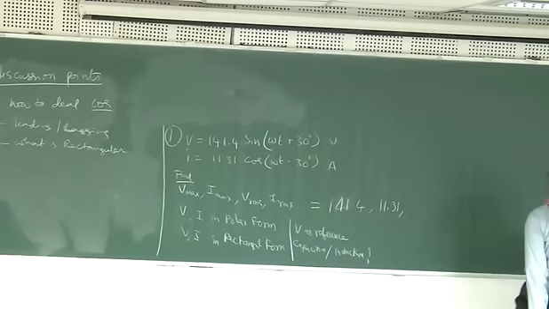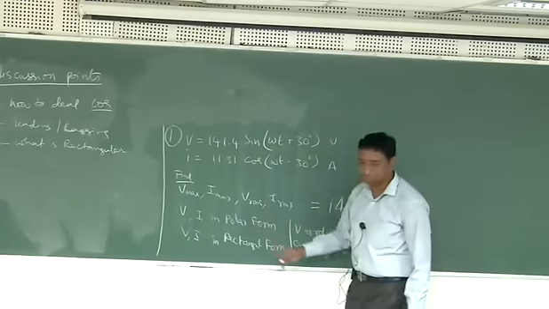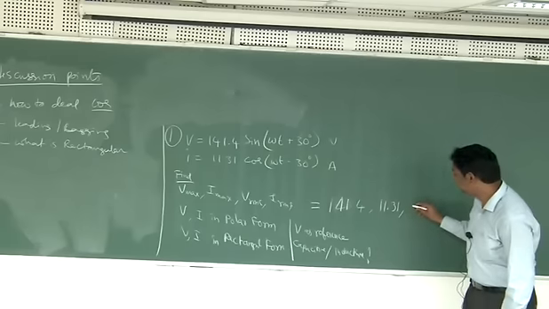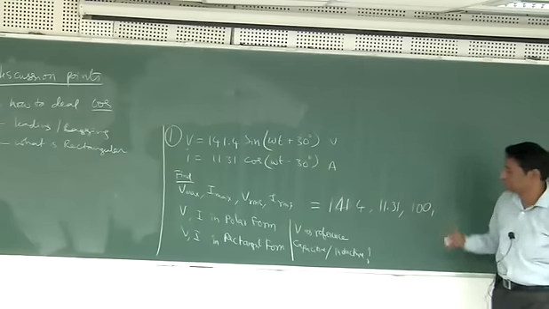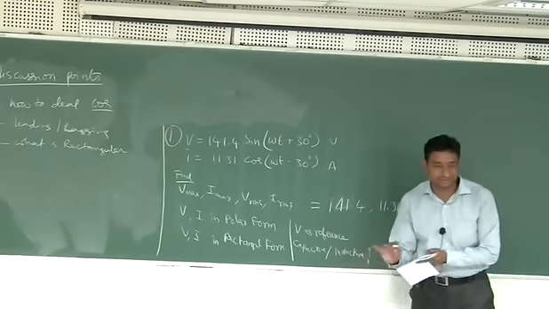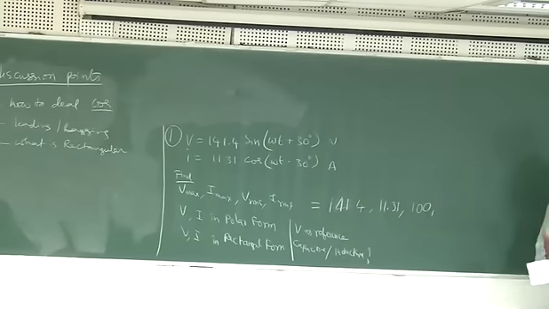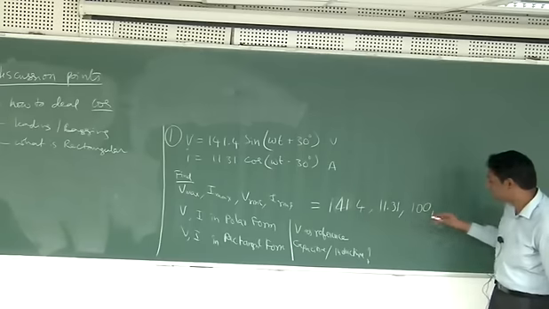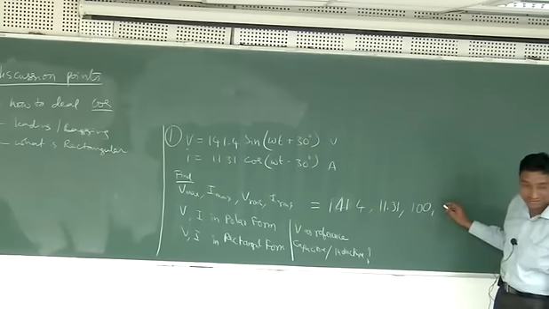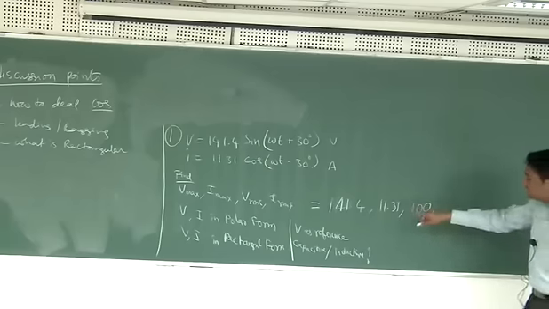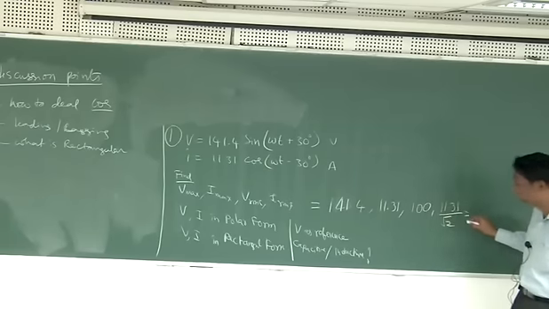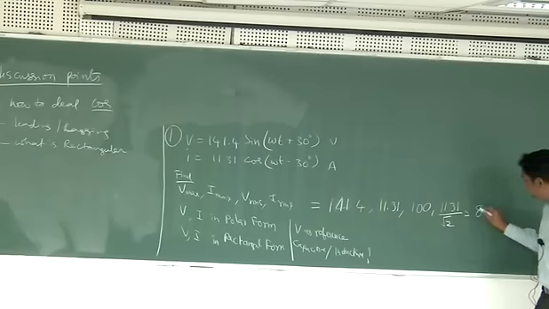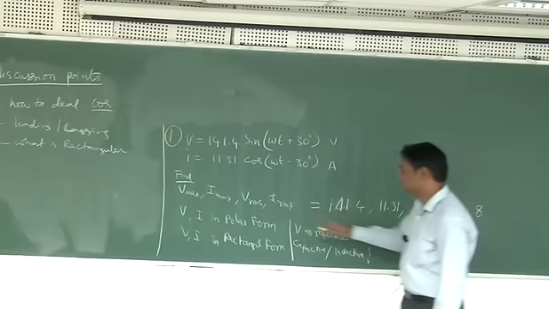So that is easy. What about the RMS value of V? 100. How do you get the RMS value? I don't want to waste more time on that. The maximum value divided by √2 is the RMS value. Why it is so is more basic, so you have to find out on your own. And what is IRMS? This 11.31 divided by square root of 2. Did someone calculate this? Okay, 8. So this is about this.